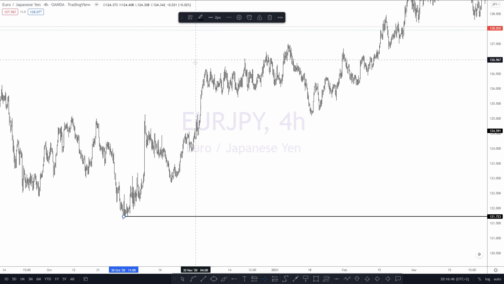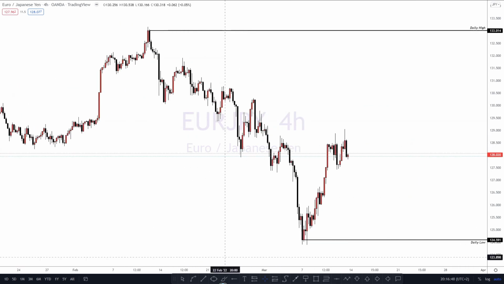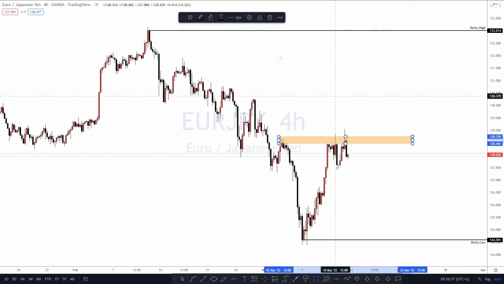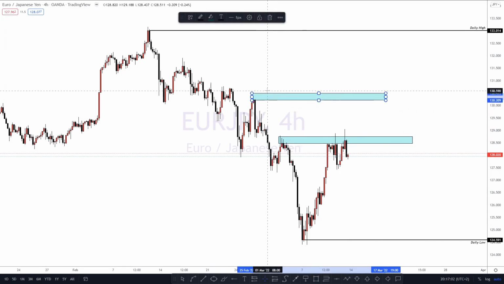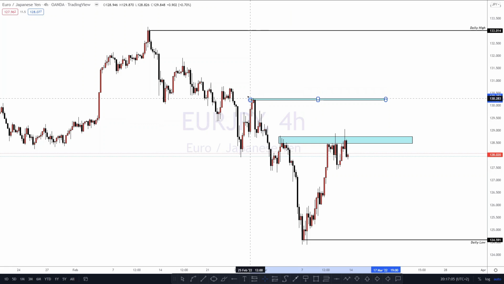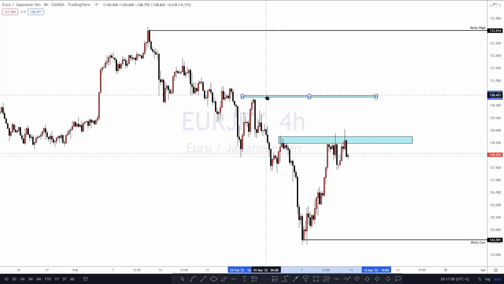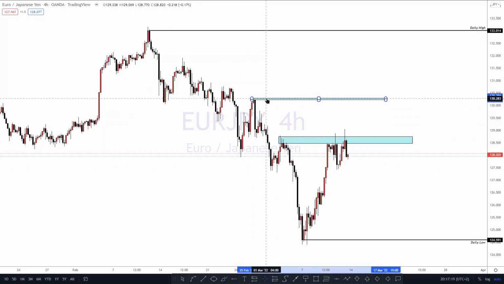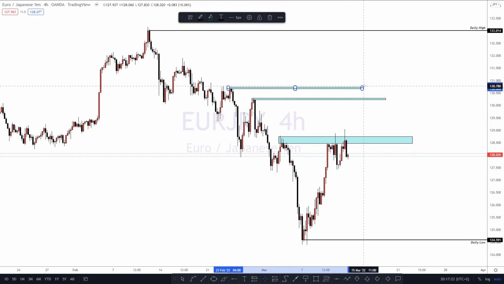Just fix it to daily low, go to the current market. And on 4H, you will see that we have this as a lower high, we have another one which is this is a lower high. If this is a lower high, right, because this is a lower low, this is a lower high, this is a lower low, this is a lower high, this is a lower low, because it broke below this lower low, and also have this is a lower high. So we have a lot of lower highs that will be in play if price decides to go down, right? And then also have this one.